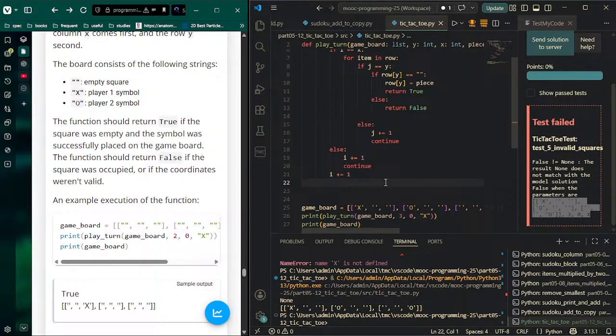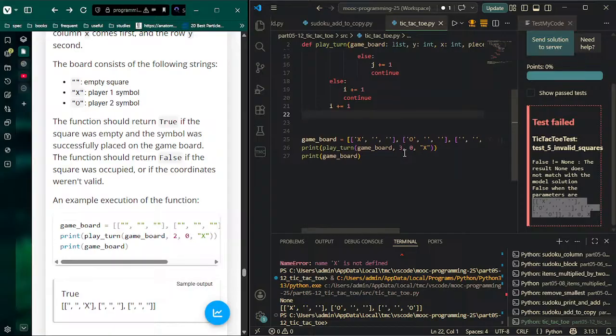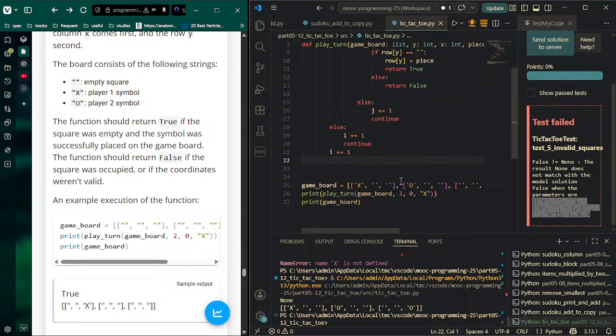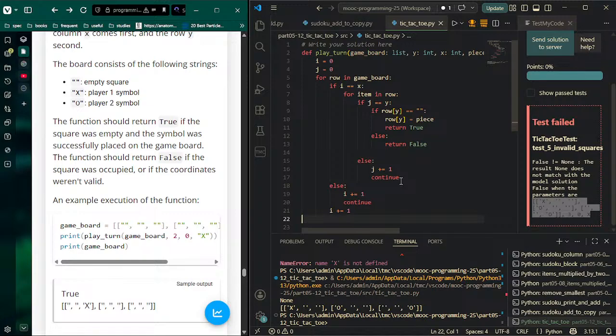Are you okay? Yeah. So what is the issue here? 30x. So